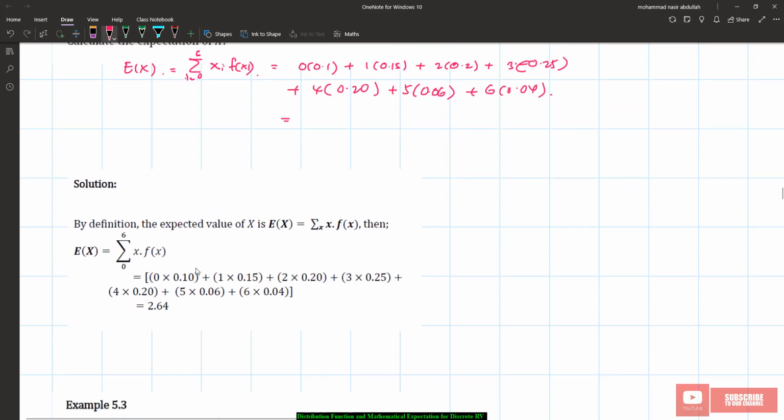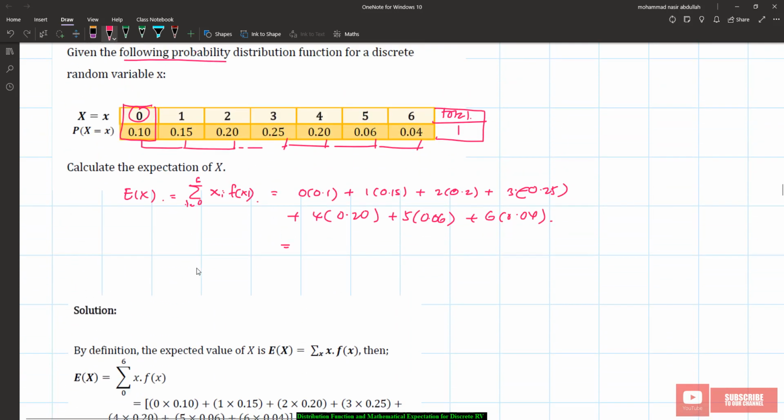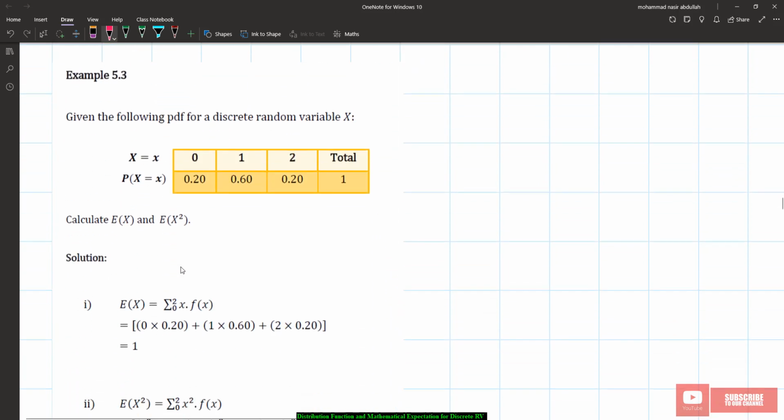So this one should be equal to 2.64. This is the answer for E(x), and this is how we calculate E(x). Okay, now